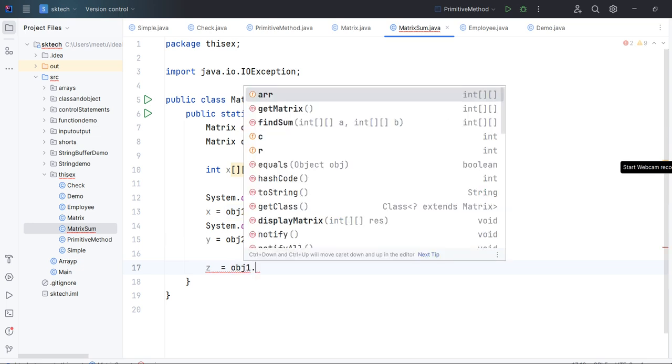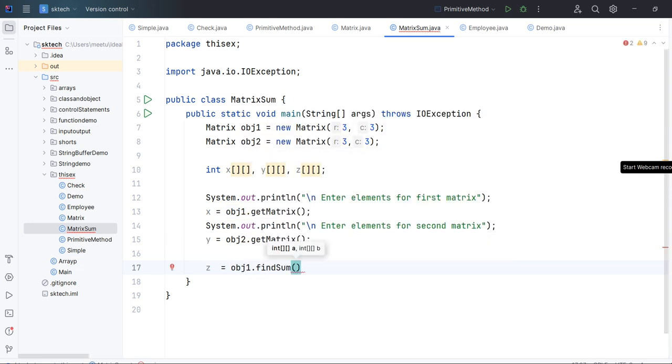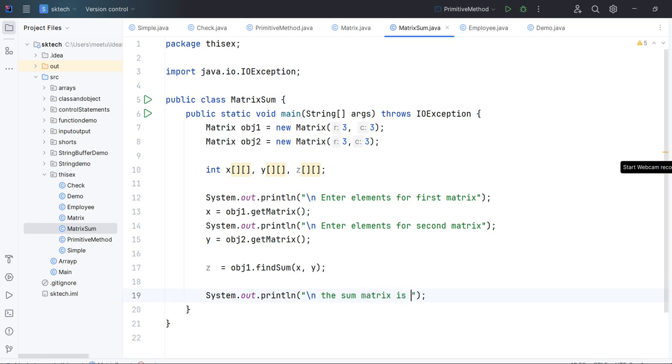So obj1.findSum, and we provide these two matrices that we got from the keyboard. And then we are going to print it. Let's write a statement like \n, the sum matrix is,